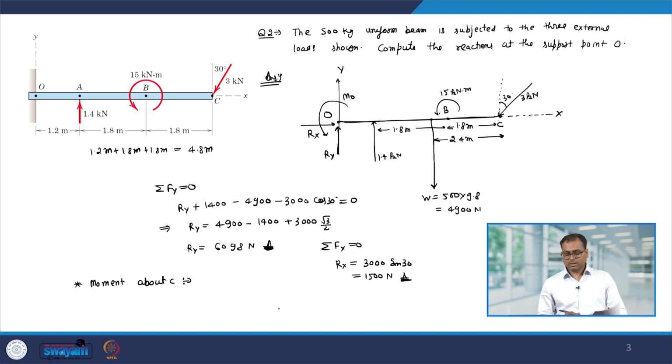So, here you have to note that the moment is a free vector. Therefore, this moment 1500 kilonewton or MO, they are about B and point O respectively, but it does not matter. Okay. So, moment about C will be